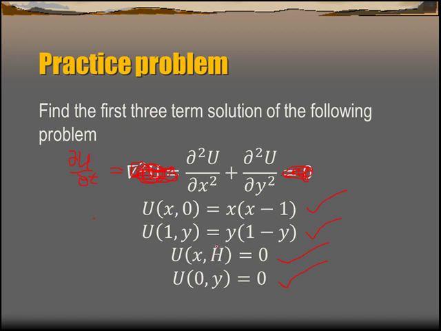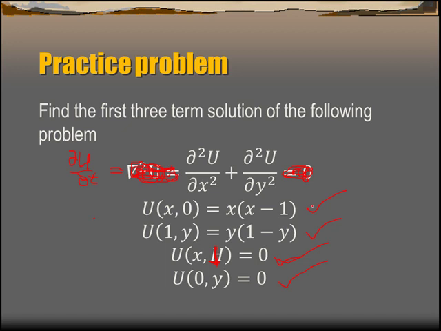एच की जगह आप 1 लिख लें। ठीक है, तो यहाँ पर एक कंडीशन है x0 और x1 पे, तो इसका मतलब है कि h की वैल्यू 1 है तो आपने 0 to 1 इंटीग्रेशन करना है। इस तरह x इक्वल टू 0 पे और x इक्वल टू 1 पे कंडीशन, तो इसका मतलब है कि जो रेक्टेंगुलर रीजन है वो असल में स्क्वायर है, एक साइड का लेंथ 1 है, दूसरे साइड का लेंथ 1 है, चारों साइड्स। दो साइड्स पे जो टेम्परेचर है वो 0 है, और बाकी के दो साइड्स पे टेम्परेचर एक साइड पे x इंटू x माइनस वन, दूसरे पे y इंटू y माइनस वन डिफाइंड है। आपने इसी प्रॉब्लम के सोल्यूशन के पहले तीन टर्म्स कैलकुलेट करने हैं।